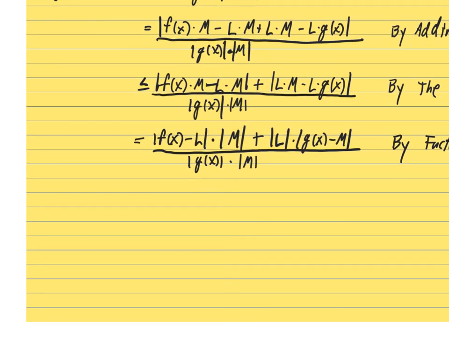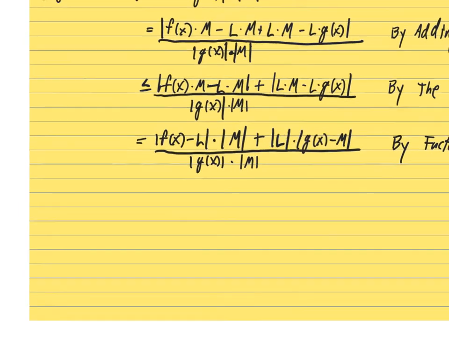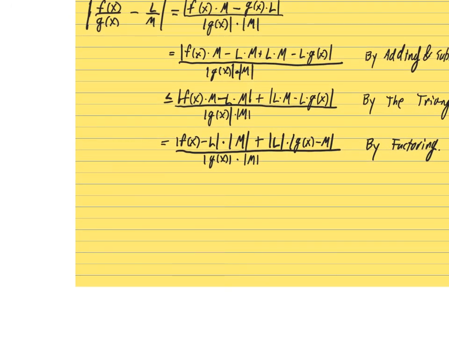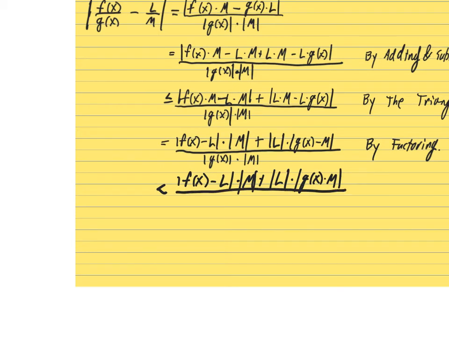Okay, carrying on. Yeah, I think I have enough space. We'll see. This is less than absolute value of f of x minus L times m plus absolute value of L, absolute value of m, L times absolute value of g of x minus m divided by absolute value of m over 2 times absolute value of m,